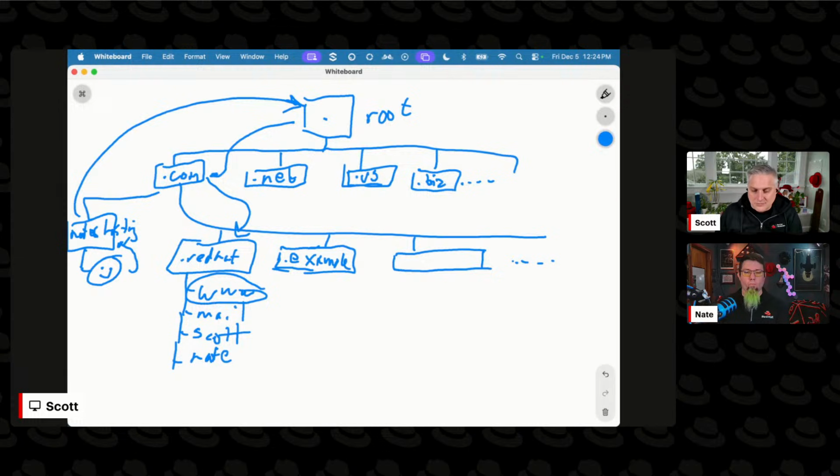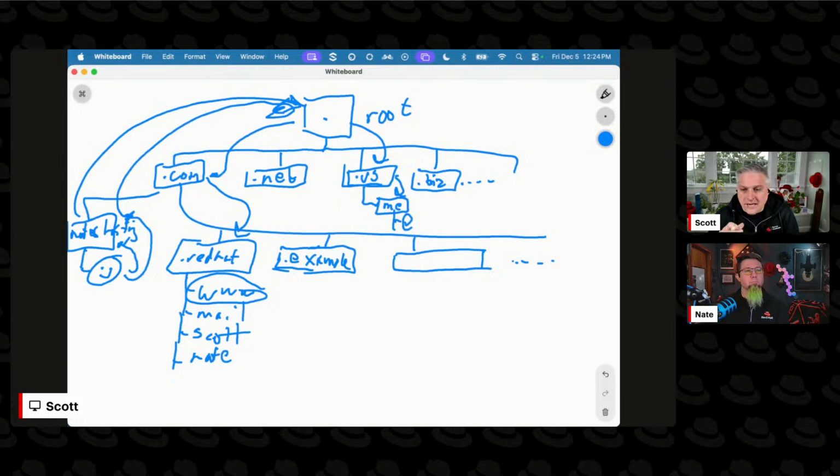And same thing happens if we asked for like me.us, right? So it'd go up here to Nate's hosting, who doesn't serve the records for me.us. It'd go up here to the roots, which doesn't serve the records for me.us, but it does know who the US servers are, who then know who the me domain servers are, and it grabs the record you want and then passes it back around, right? And it gets cached at every single layer, all the way up and back again. So that's, I think, fairly straightforward.